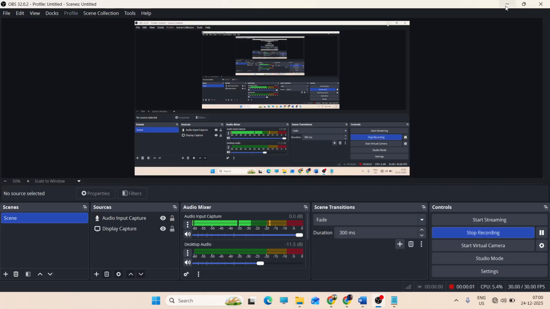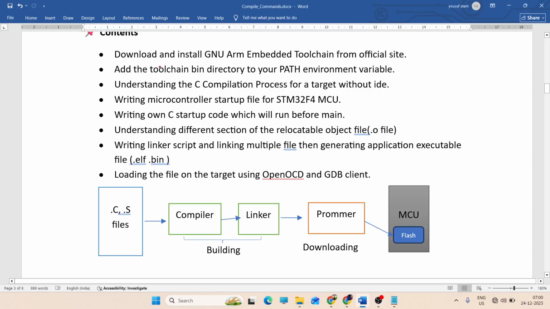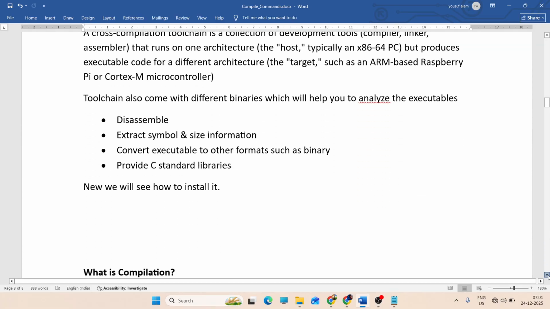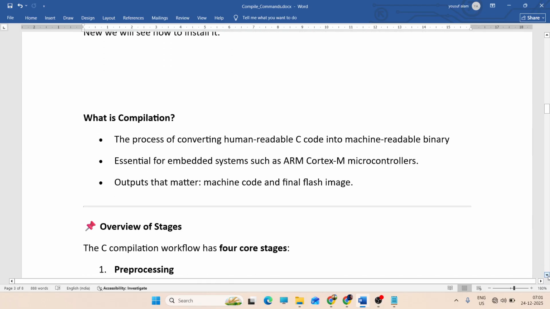In our previous video, we have already discussed how to download the GNU ARM toolchains and how to edit the environment. आज हम लोग बात करेंगे कि Understanding the C Compilation Process Targeting without IDE. तो इसके बारे में हम लोग आज डिटेल्स में डिस्कस करेंगे। चलिए, तो सबसे पहले बात करते हैं कि कंपाइलेशन टूल चेन क्या होता है वो भी देखेंगे। तो What is compilation, कंपाइलेशन क्या होता है उसके बारे में थोड़ा सा बात कर लेते हैं।